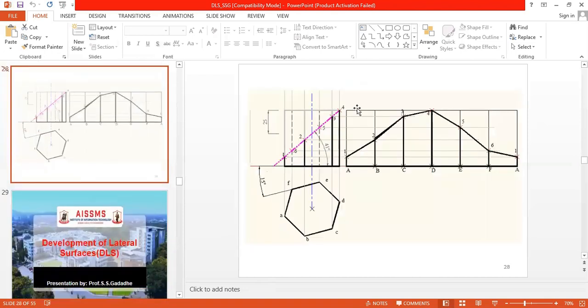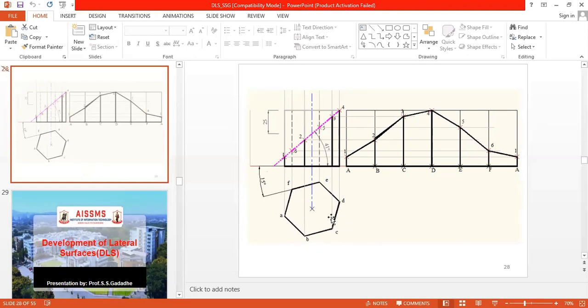You can see here the angle of the AIP, the auxiliary inclined plane, is given as 41 degrees. Then it cuts the axis at 25 mm from the top base. So this condition is satisfied by the solid, and one very important condition is given, that is 15 degrees to the vertical plane. So this rectangular face of the prism is 15 degrees to the vertical plane. So we have to keep the hexagon like this.